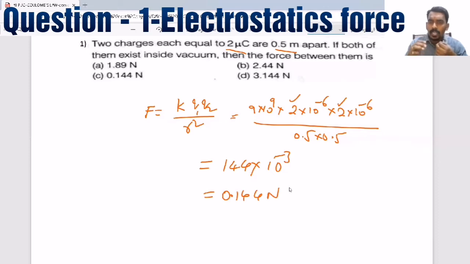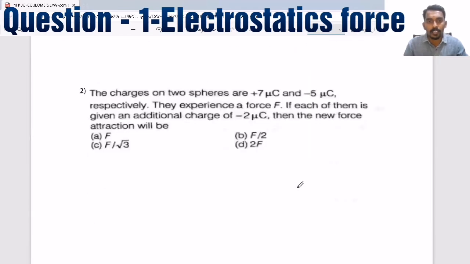I always tell you one thing: how better you do the calculation and how fast you do the calculation, you have to practice every time. That will save your time, improve your performance, make you perform better and best, improve your rank in NEET, and will be helpful for your future also.